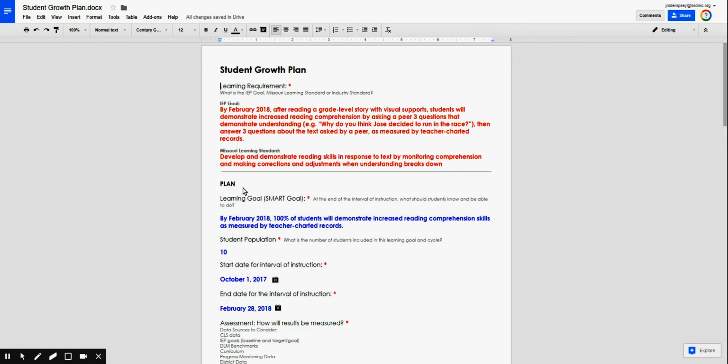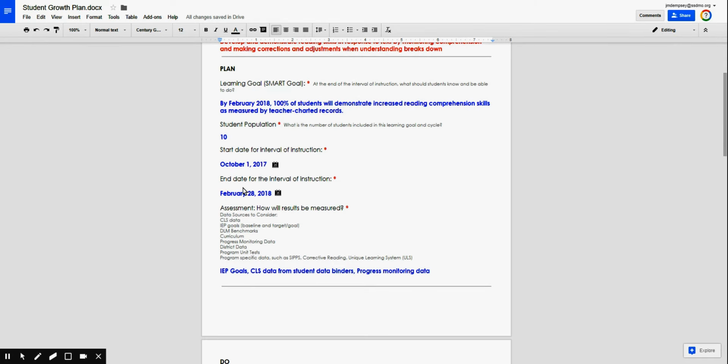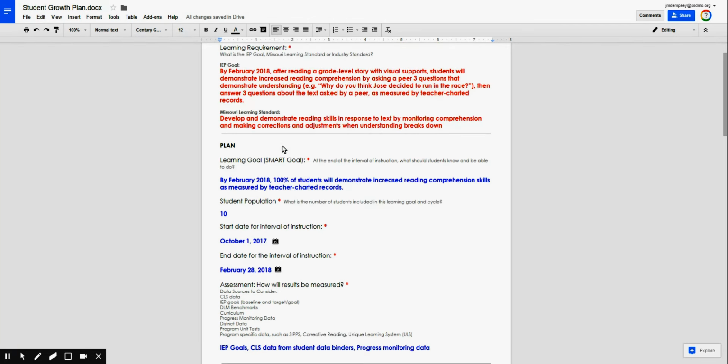After I have established the requirement, then I'm going to move on to the plan. The plan is basically a SMART goal and gives all the logistical details. So my goal is by February of 2018, 100% of students will demonstrate increased reading comprehension skills as measured by teacher-charted records. Now, I chose February 8, 2018 for a very specific purpose, not just because it aligns up here